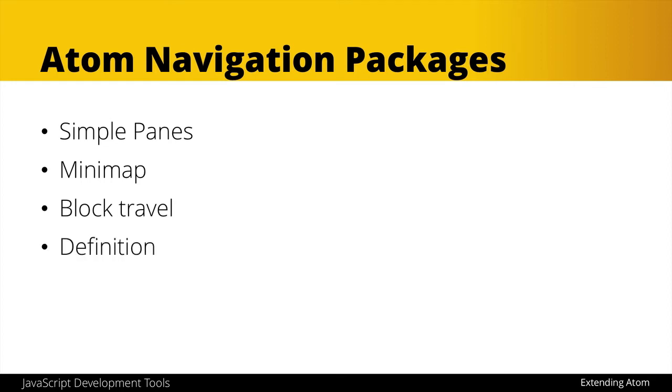There's a definition package that will let us jump automatically to where a certain method or function is defined. There's the Jumpy package, which will help display a bunch of keyboard shortcuts to allow us to quickly jump to pretty much anywhere in our code that is visible. And finally, we'll look at Highlight Selected, a little feature that selects other occurrences of any word that you're currently